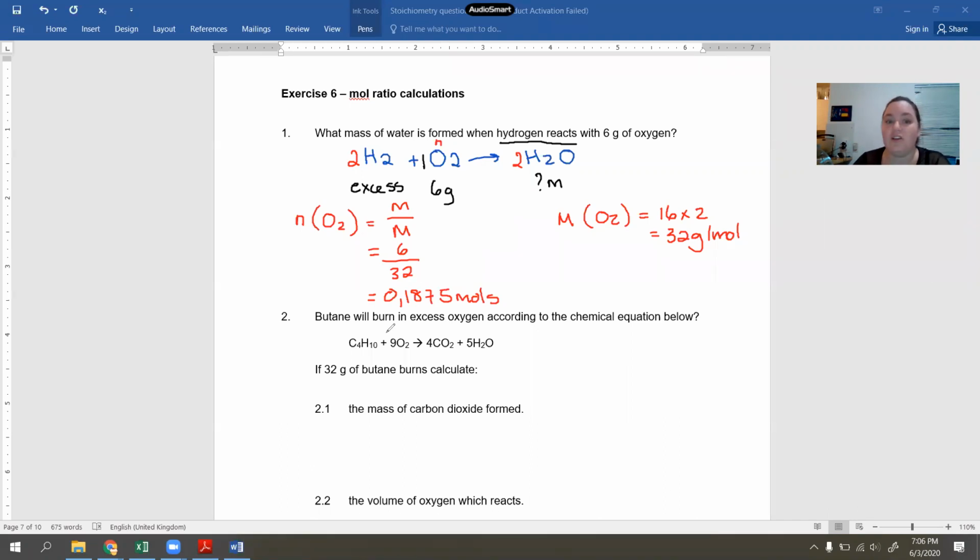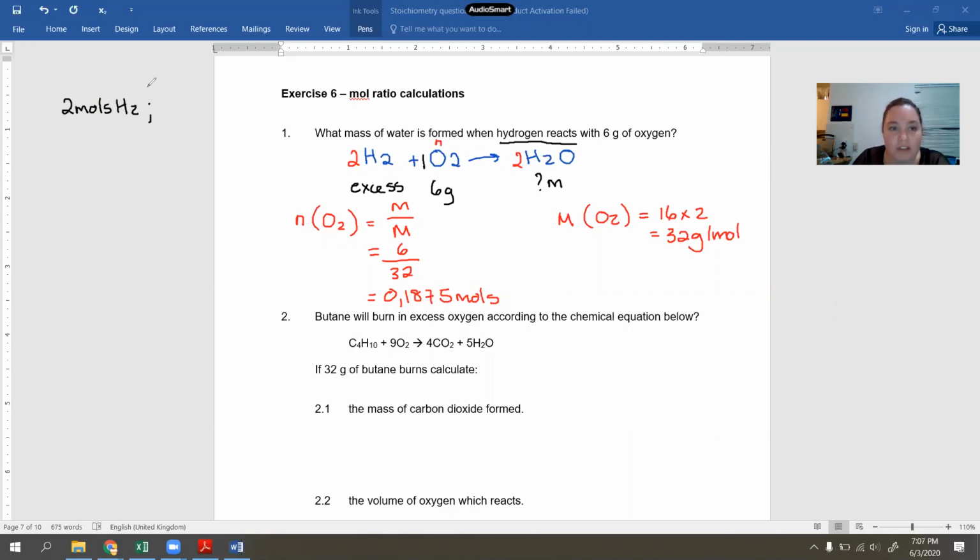It's less than that. So I tend to prefer here to always make sure that I use the correct number of moles. Now what I've got to do is use the mole ratio. So I'm going to just work on the side here a little bit so that we can hopefully get all of this in. So I'm going to say 2 moles of hydrogen